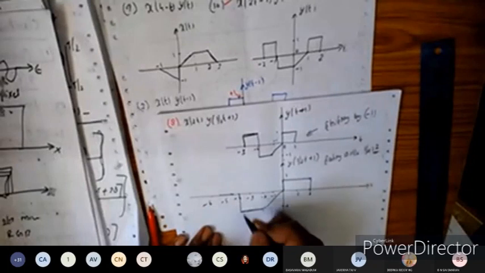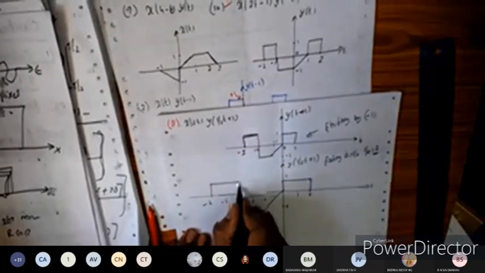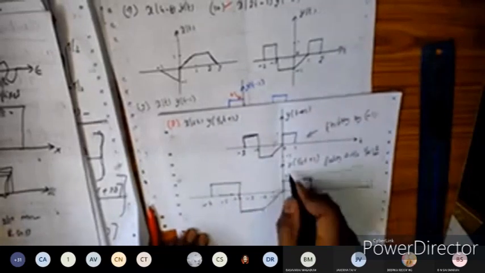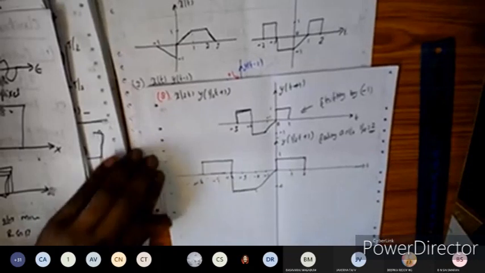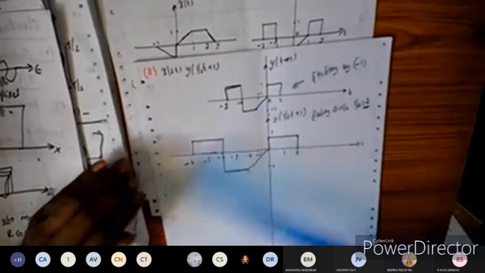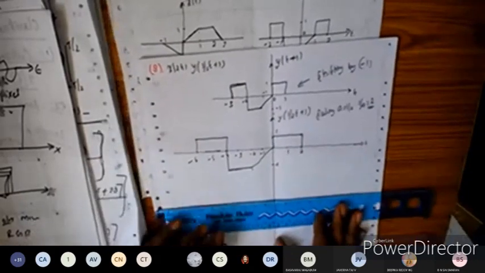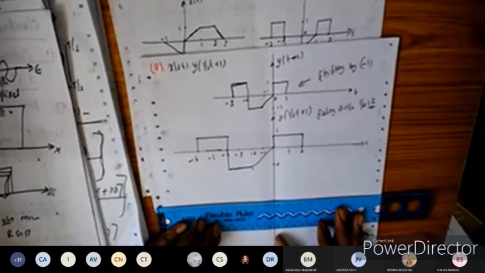Next 2 multiplied by minus 2 will be minus 4 that we get here. So till this point we have the rectangular waveform. Okay, minus 4. Next 2 into minus 3 will become minus 6. So we get the waveform like this here. So this is y of 1 by 2t plus 1. Done. I think everyone is done. Okay, so next let us perform the x of 2t. X of 2t means the signal will be compressed here.